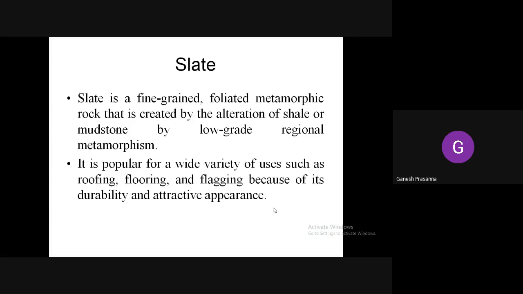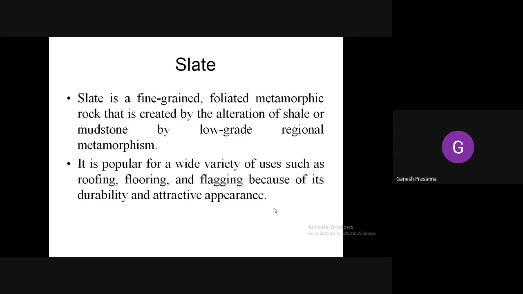So next is slate. I don't want to explain much about it because in your small days you might have written on slates. Usually, whenever they go to preschools, children will be given a slate and a chalk piece. It is a very fine grained, foliated metamorphic rock that is created by alteration